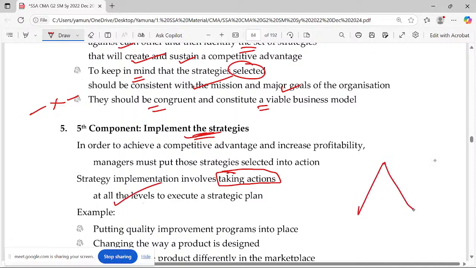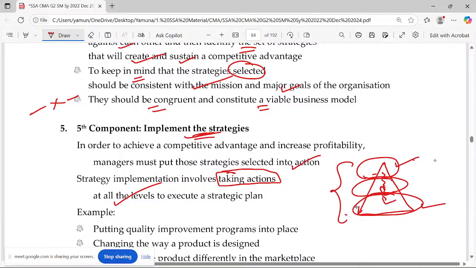Even though we say that this is the level that defines or selects the strategy, they have to communicate properly through the middle-level managers so that it's properly communicated to the implementers, because implementers are the actual job doers. They are executing. So the moves are actually done by the third level, but it involves the roles of managers at all levels.